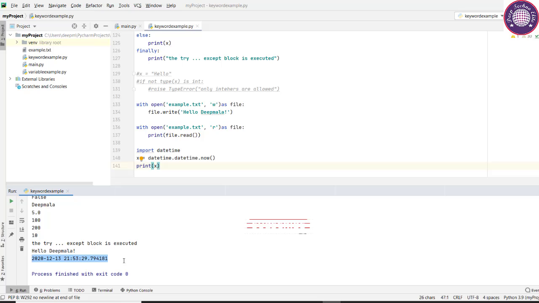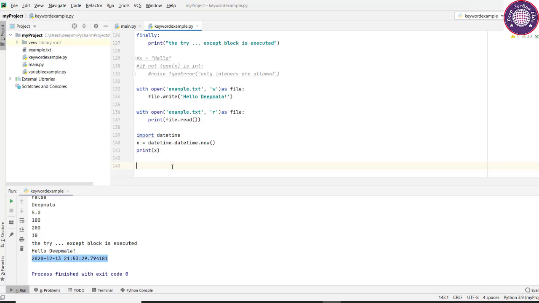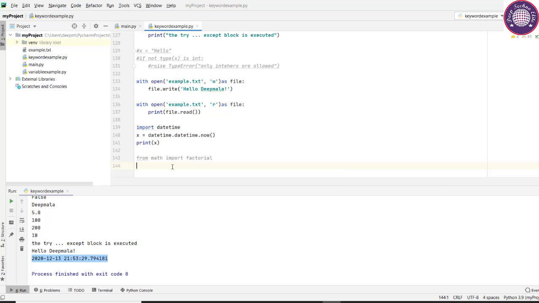Okay, next we have a keyword called from. The from keyword is used to import only a specified section from a module. From math import factorial, and then I'm going to print the factorial of number 5. So let's say print factorial